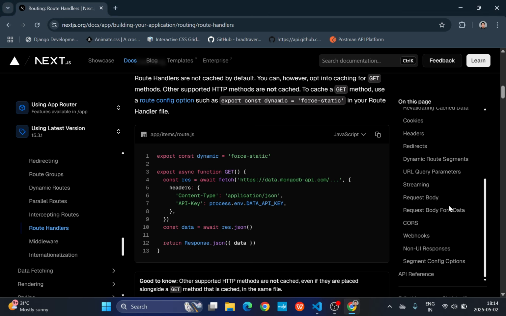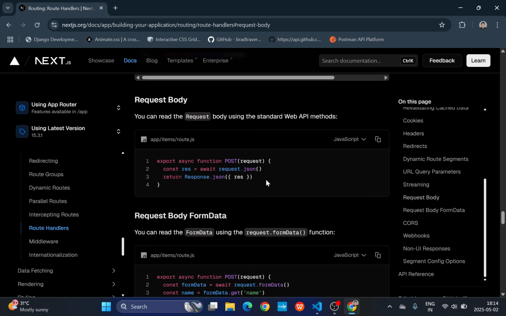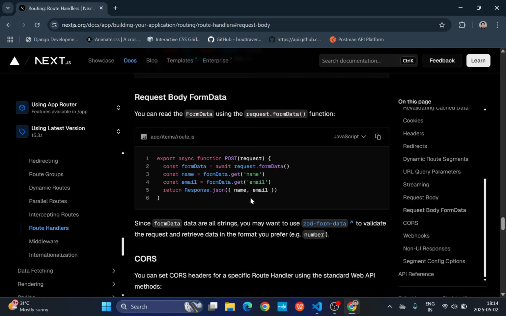Now if we see here, request body. Okay, now you can see it has been written here like const body equals await request.json. Now you can bring the JSON data, or you can also pass in the form data directly from the form. Okay,